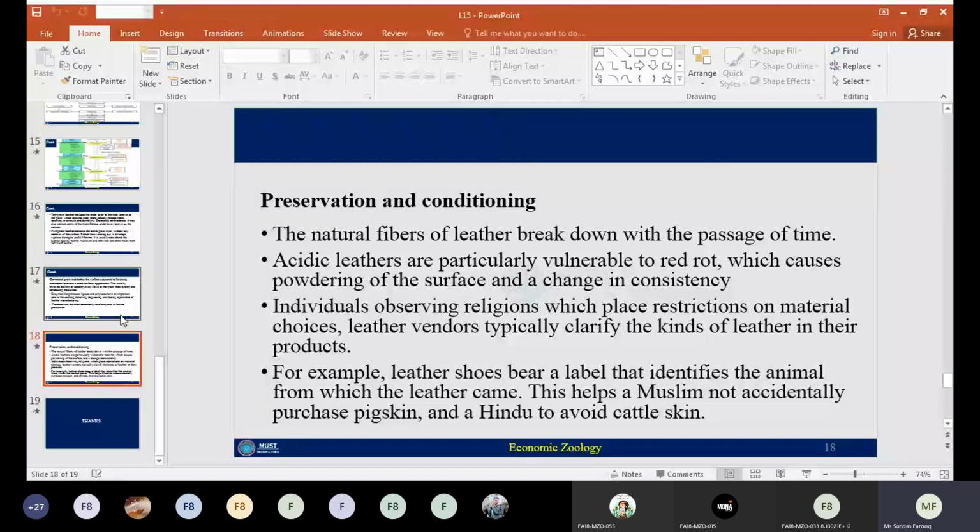Let's suppose the leather is made from a cow. For Hindus this is a sacred animal, so they will not use leather made from the hide or skin of a cow. And for Muslims, the skin of a pig is not suitable. So these are religious standards of much concern in terms of leather products. For example, leather shoes bear a label that identifies the animal from which the leather came. This helps Muslims not accidentally purchase pig skin and Hindus to avoid cattle skin. It means there are some concerns in the utilization of different types of leather for different purposes. So we can say